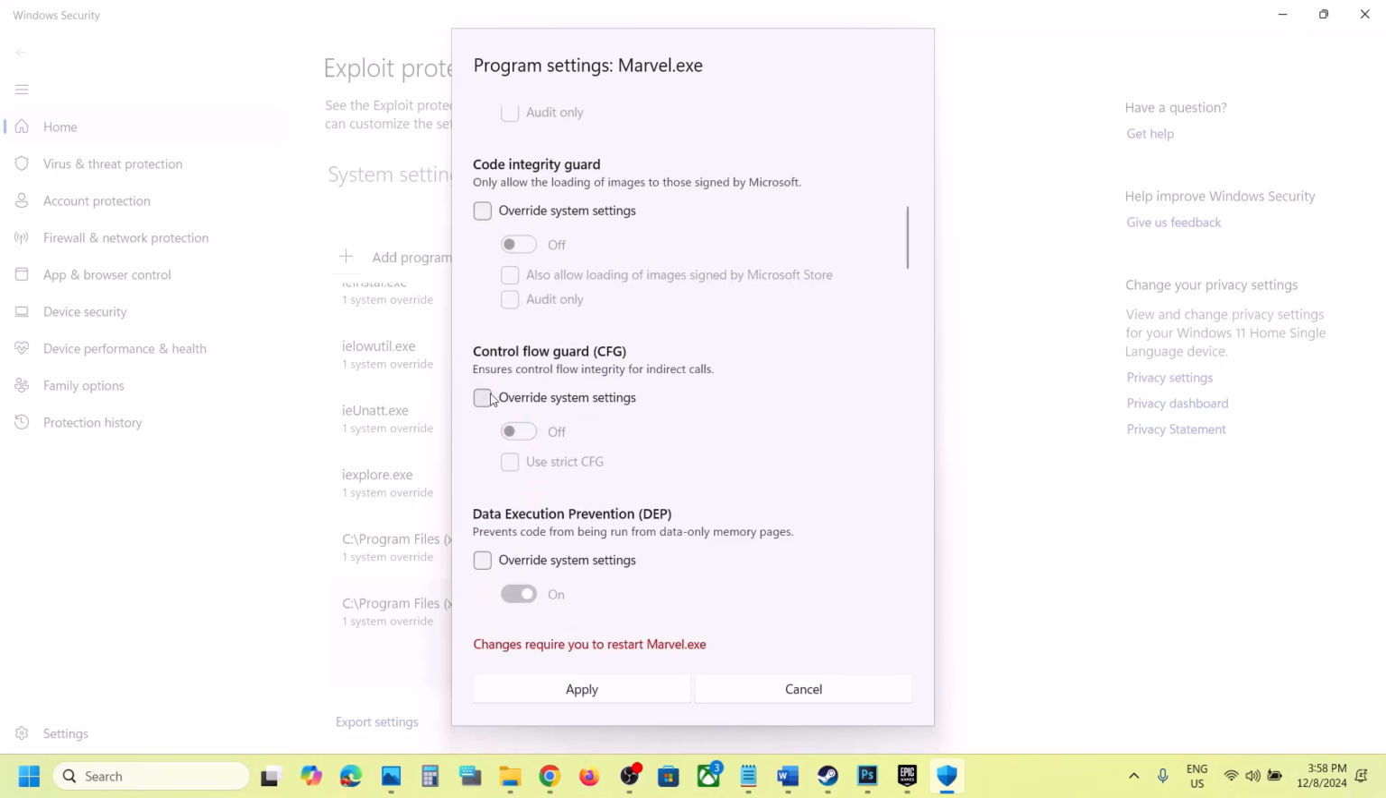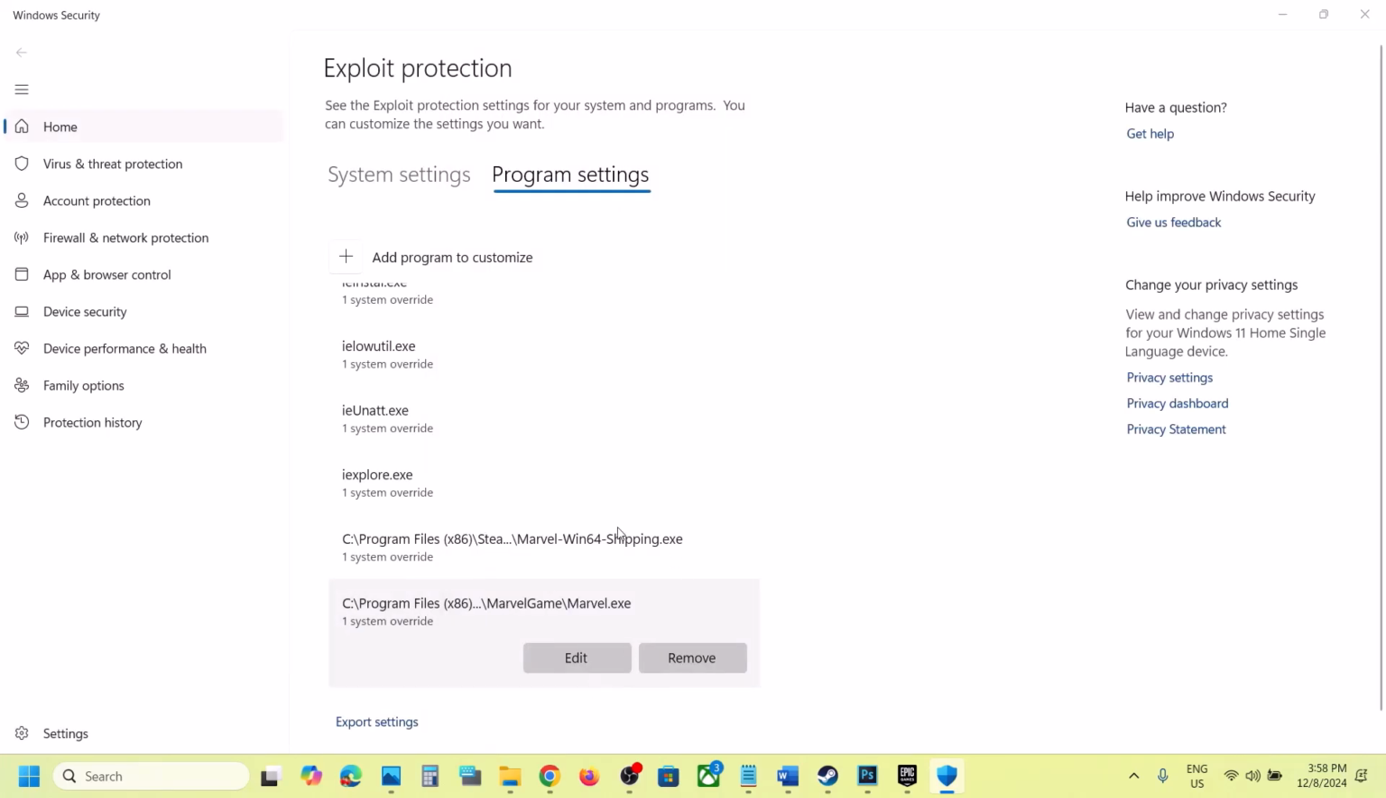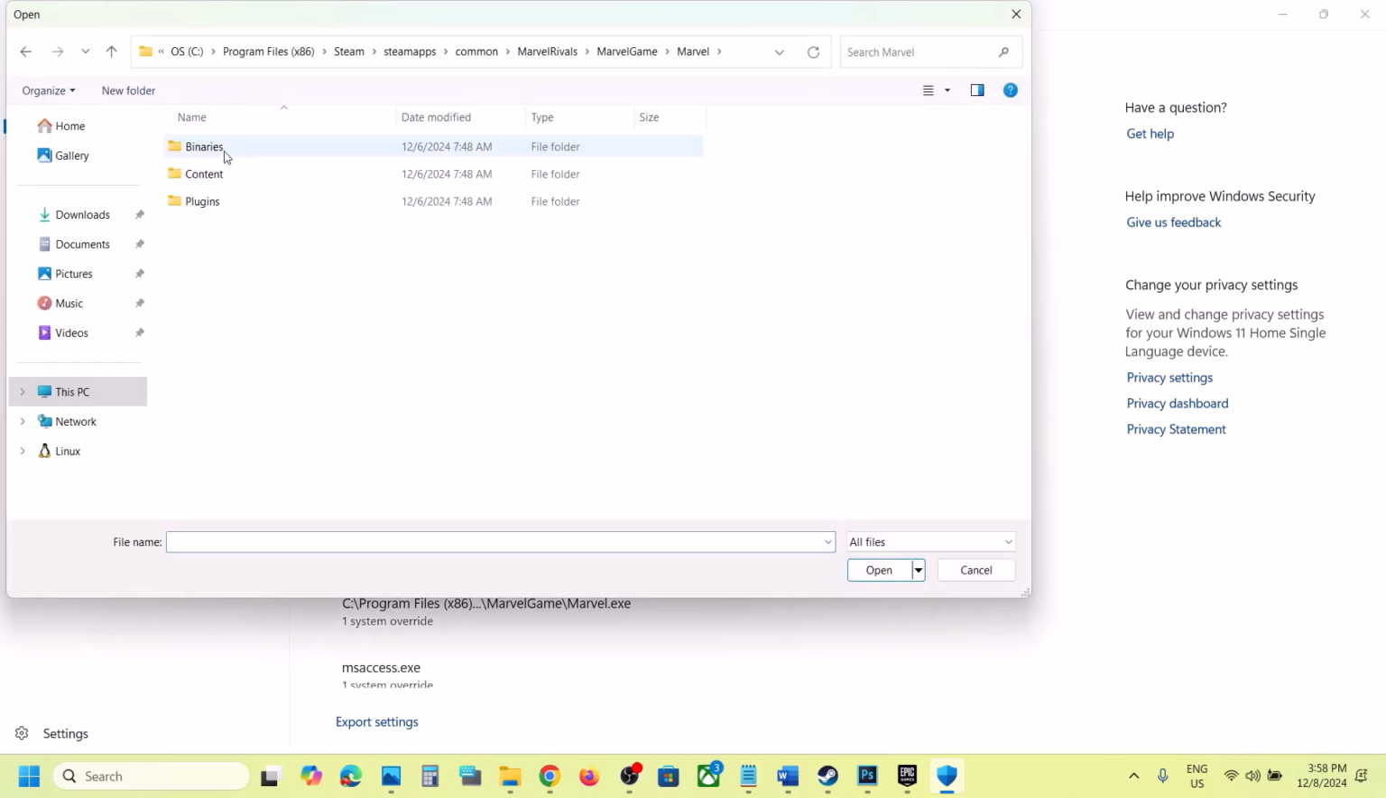If in your case this would be unchecked, so put a check on override system settings, and if this is on, by default this is on, so you can turn this off. Turn this off and then hit apply. Click on yes. Again click on plus icon, choose exact file path, open this Marvel binaries Win64, select this exe